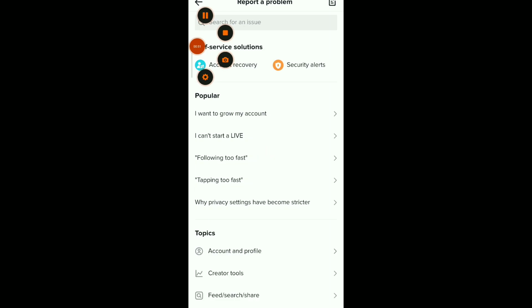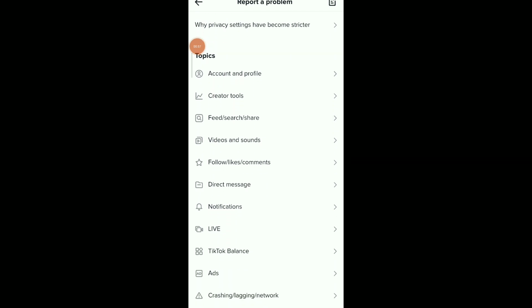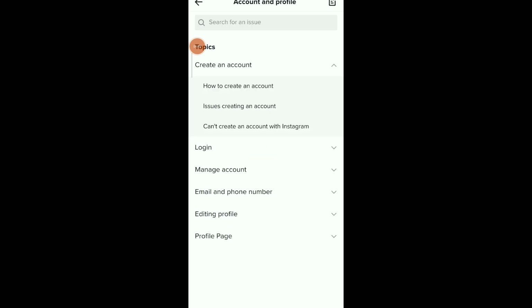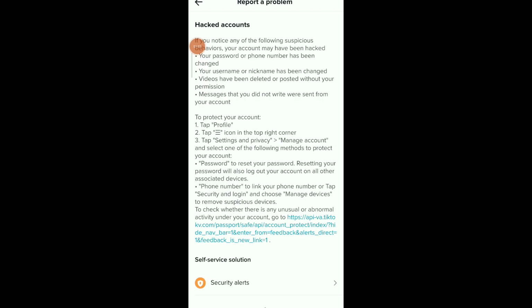Wait for a second, and now scroll down and you're gonna find account and profile. Click on it, and now all you need to do is click on manage account and you're gonna find hacked account. Click on it, and here they're gonna give you some advice like